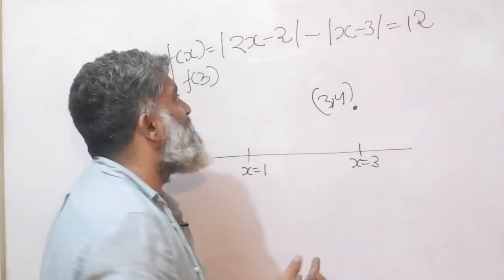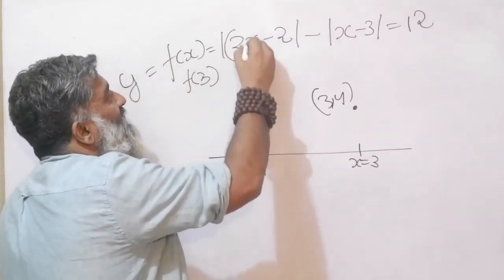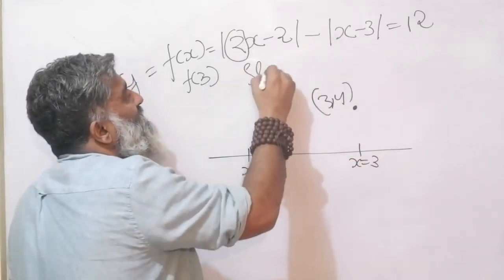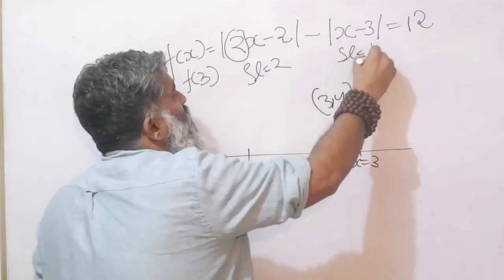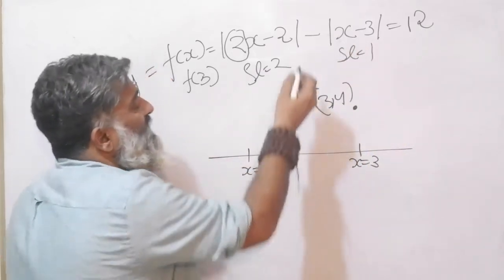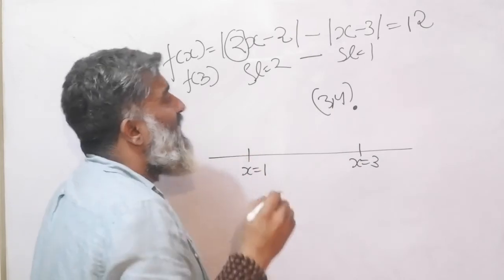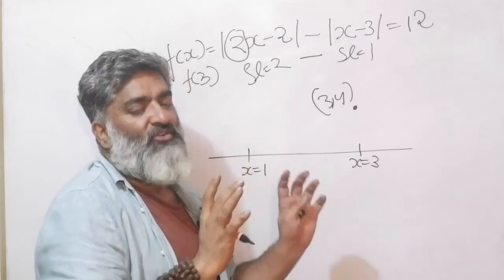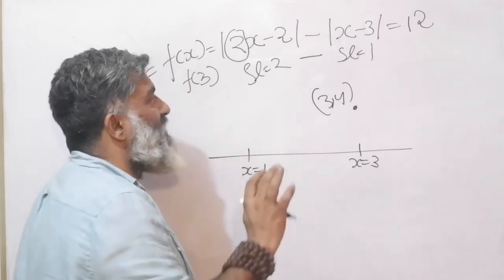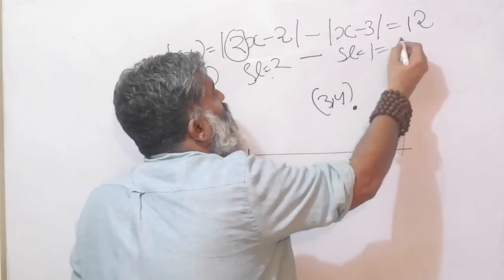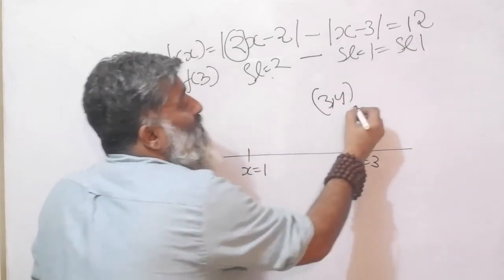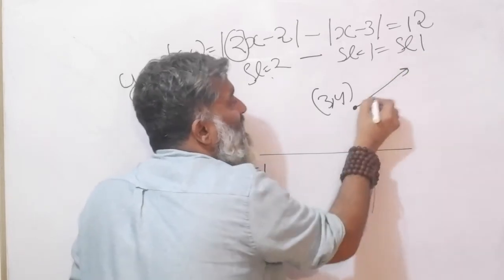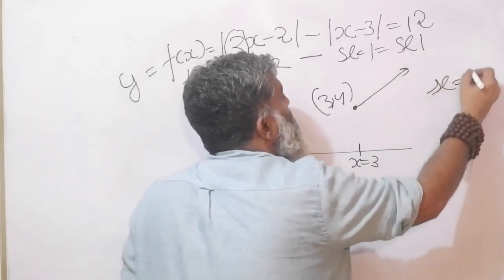And now once again, this is where the shortcut comes in. I look at the slope of the story. Here the slope is 2, here the slope is 1. Slope is equal to 2, slope is equal to 1. You don't have to write this down, this can be done orally. And there is a subtraction sign, right? So I'm just giving a layman's very superficial just how to use the formula. Again, no theory has been given so far, right? Slope of 2 minus 1, overall slope is going to be 1. Beyond this point, the graph will behave in such a way, and the slope of this new graph is going to be 1.